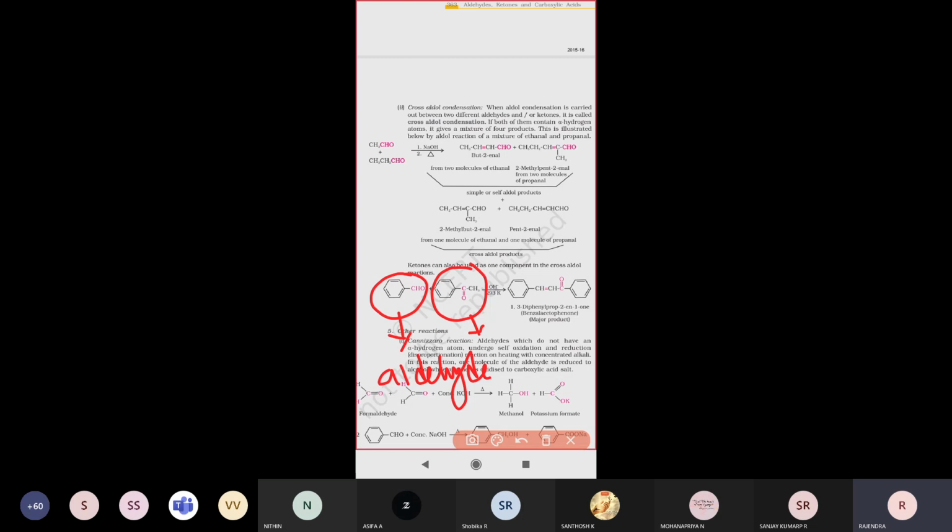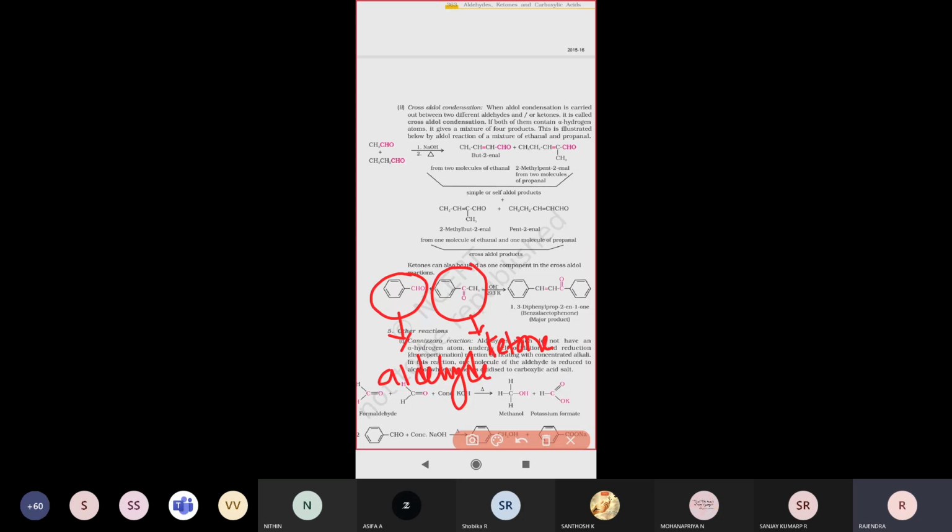So these are the total products that will be formed. For example, we take one aldehyde and one ketone, and let us see how the products will form. One is the aldehyde group, benzaldehyde. The next one is acetophenone, a CH3 phenyl ketone. So one is an aldehyde and another one is a ketone. So how do these reactions take place? It is also a cross aldol condensation reaction.